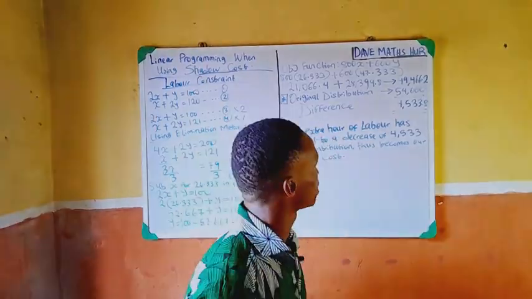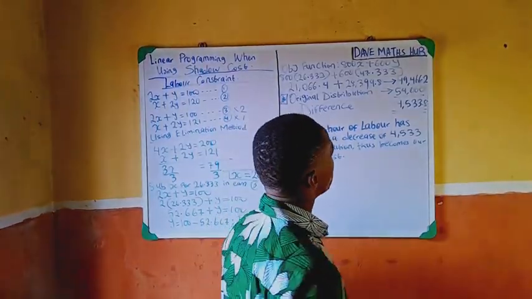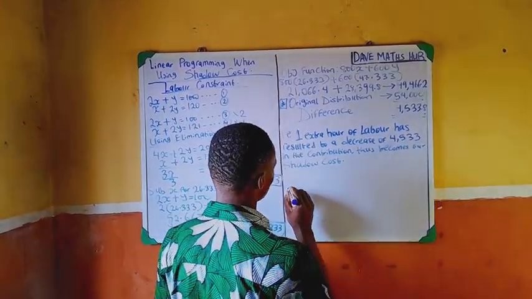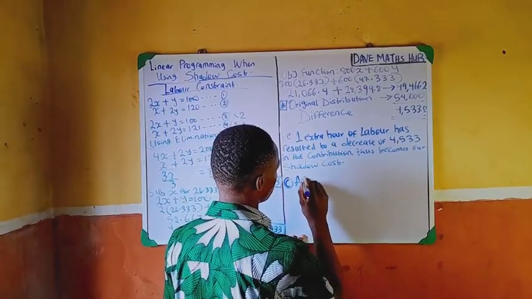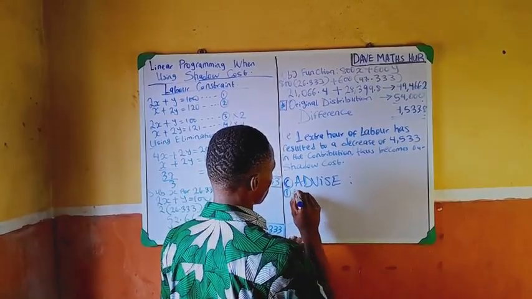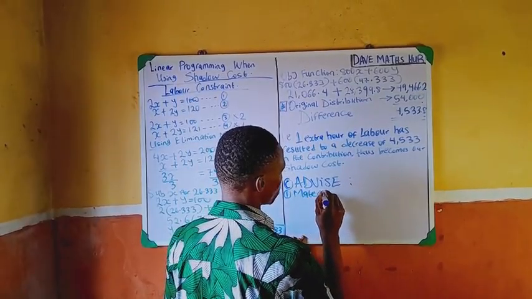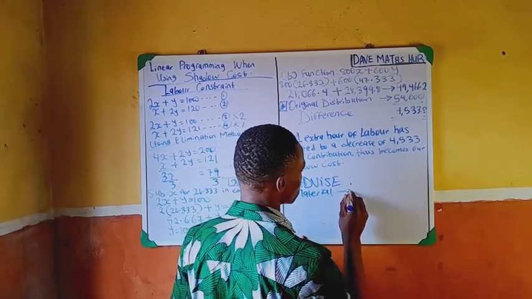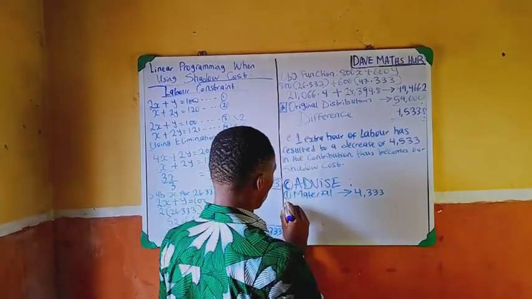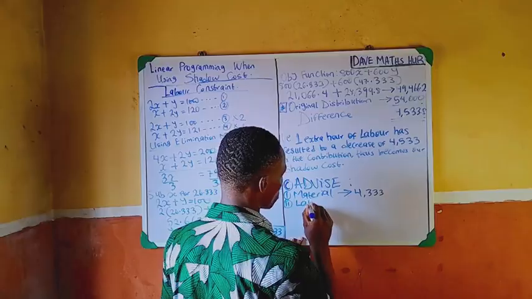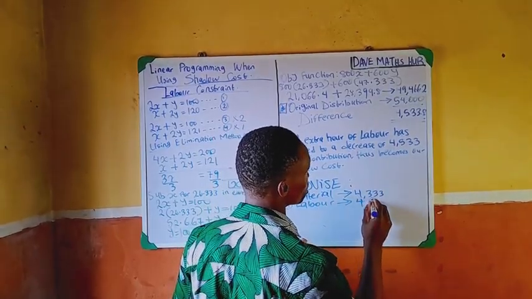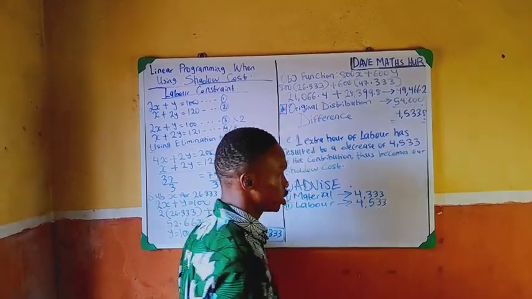So according to this advice now, since when we added extra units for the material, we had a deduction. For material, we had a deduction in profits of 4,333. For labor hour, we also had a deduction in profits, but this time of 4,583, which is not